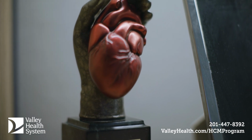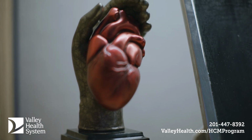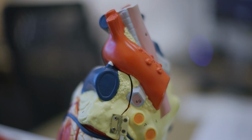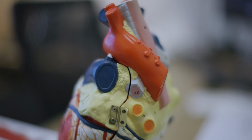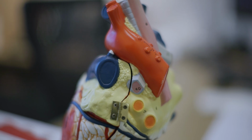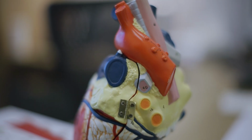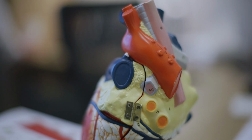Hypertrophic cardiomyopathy is a genetically transmitted disease found in about 1 in 500 patients. It is characterized by a localized thickness of the heart muscle that is close to the outflow area where the blood comes out from the heart into the aorta. What happens every time your heart is trying to eject blood from your ventricle, it faces an obstruction that is